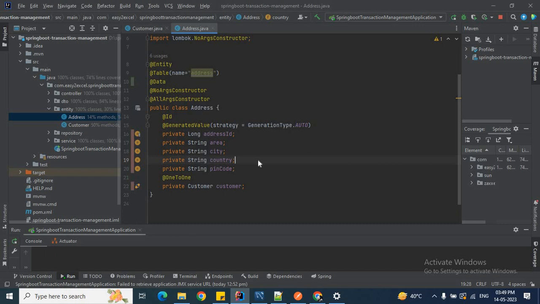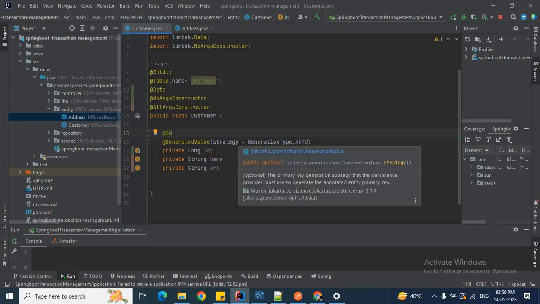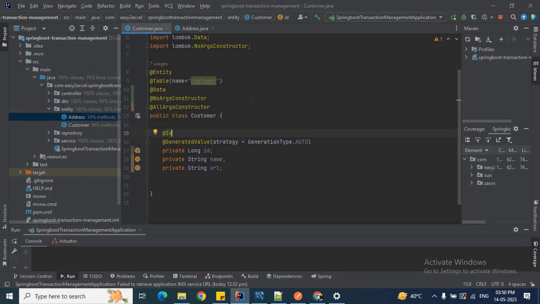Okay, if you have more than one table linked to the customer, let's say we want to store the customer info in one table and customer details in the other table, then you can store that as well by creating another table. So when all the data has been stored to all the tables, only then can we say the transaction is complete. If any disturbance occurs in the flow, then the transaction should roll back according to transaction management. We'll see how it happens when we go through the details.